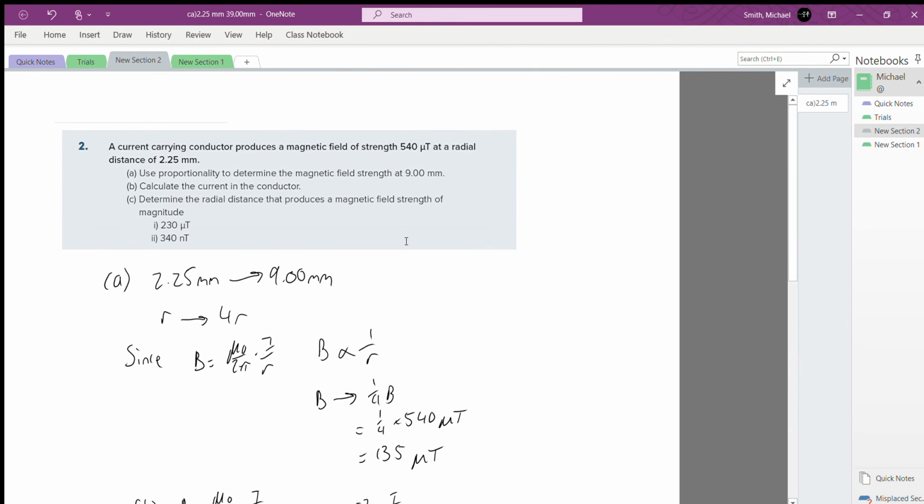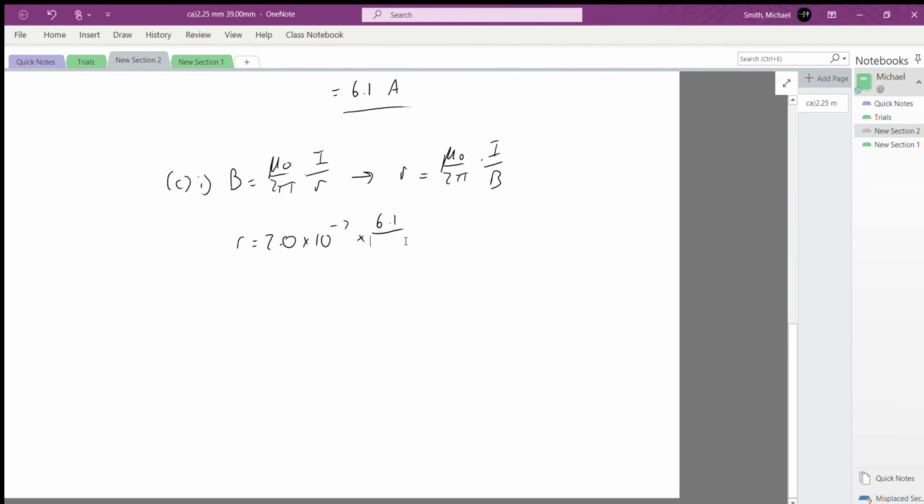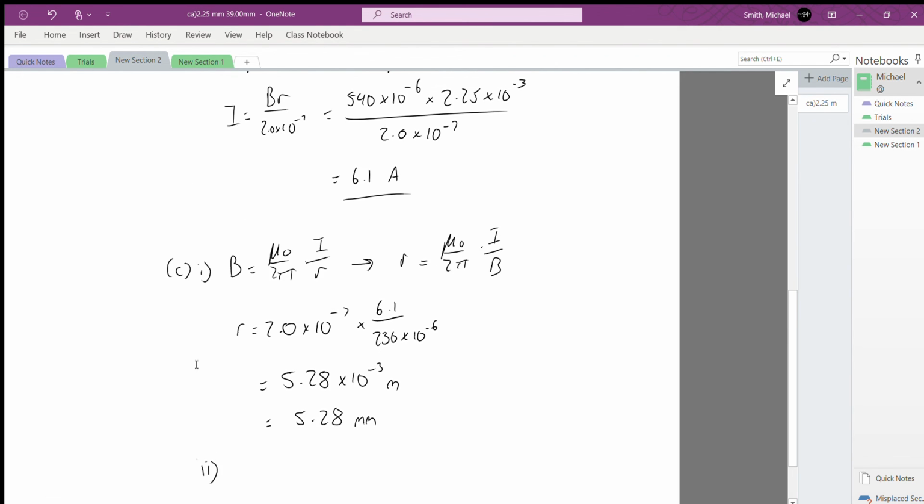For this one, it was 230 microtesla. So 230 microtesla, which if we substitute into our calculator, we get 5.28 times 10 to the power of minus 3 meters, which is just a bit nicer if we write it as 5.28 millimeters. For the last part, it's the same sort of calculation, except we have a different magnetic field